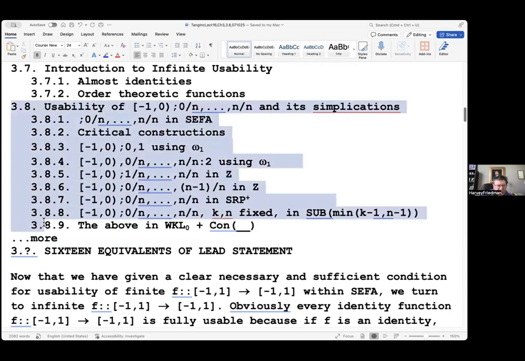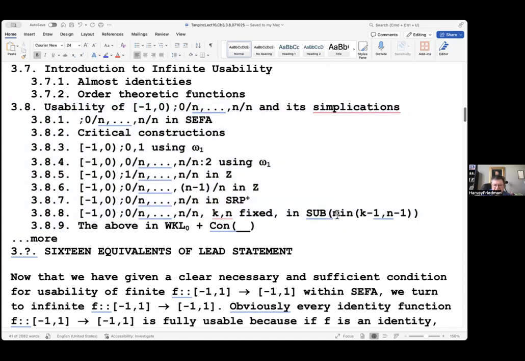Exactly the contents of 3.9 and beyond are a little bit in flux. There's so many open issues that I don't understand yet, so I don't quite know what the scope is. By the way, I'm not 100% sure. I've done these calculations before, but maybe in slightly different notations, whether this is min k minus 1, n minus 1, or something slightly different. It's something like this, and this is subtle cardinal.